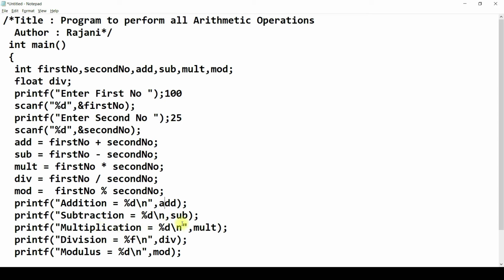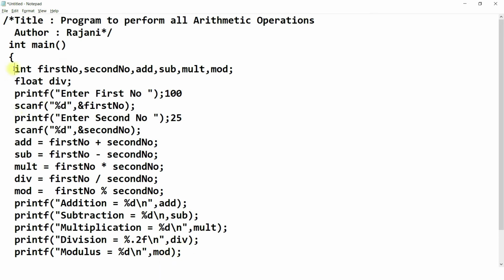Similarly, multiplication, the value of the variable mult will be displayed, moves to the next line. And coming to the division, the value of division will be displayed as a float variable. We already learned that float will give a maximum of 6 decimals. If you want only 2 decimals, we need to give .2f. And coming to modulus, in place of %d, the value of the variable mod will be displayed.